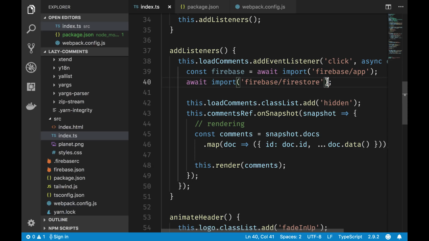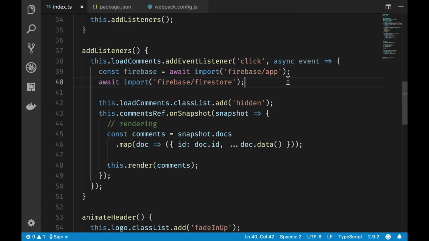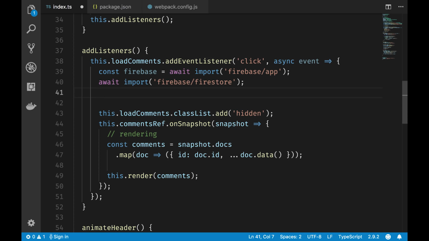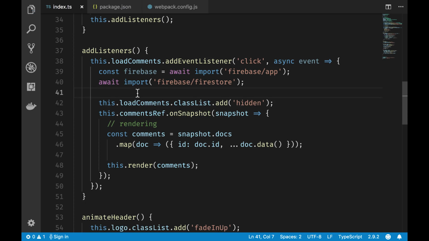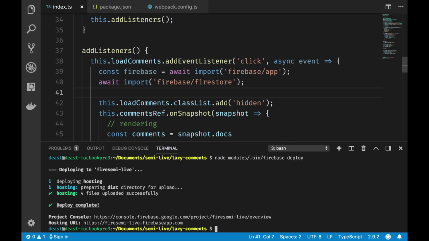And so I'm basically tricking TypeScript, but it's not really of any consequence because we're not importing any types from this. All the types come from the top level Firebase. So it's just something that we need to tweak. So now that we have Firebase loaded, we can actually see something pretty interesting here. If we do a